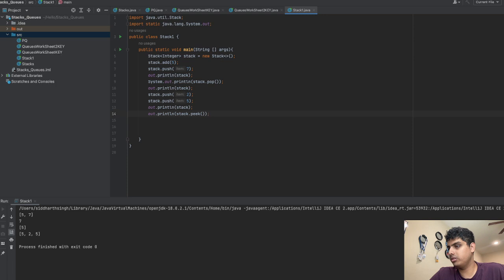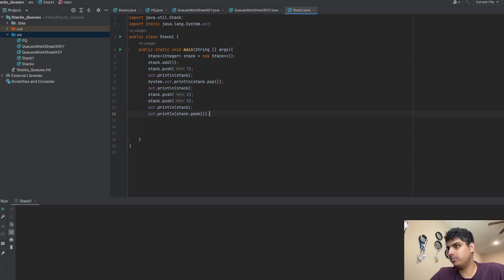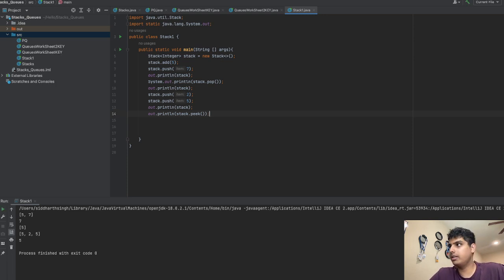And then size, just the number of elements that I have. It won't take any parameters. So that should be 3